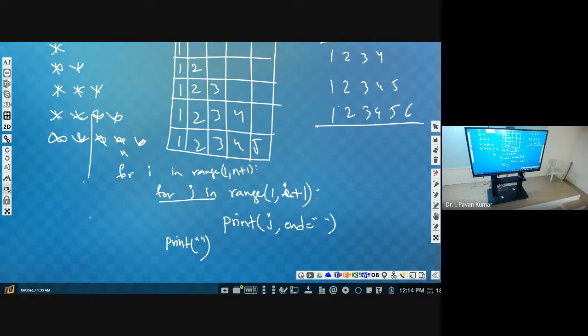There is a question, ma? How to print 1, 1 2, 1 2 3. Okay, the number of rows, that input, you have to convert into integer. Because whatever value we enter, by default it will be considered as a string. Whatever input we take by using the input function, even if you enter 15, that will be considered as 15 in double quotes, like a string. In order to convert that into integer, we have to use int.